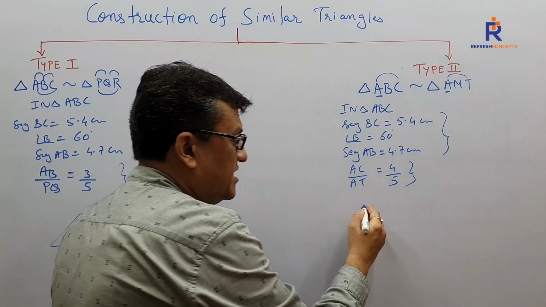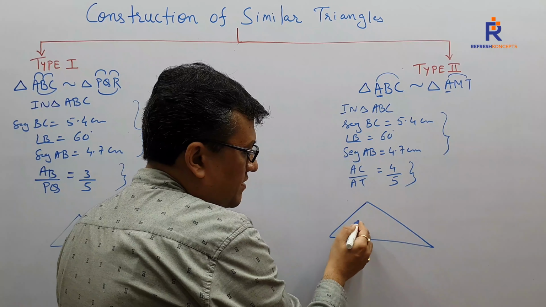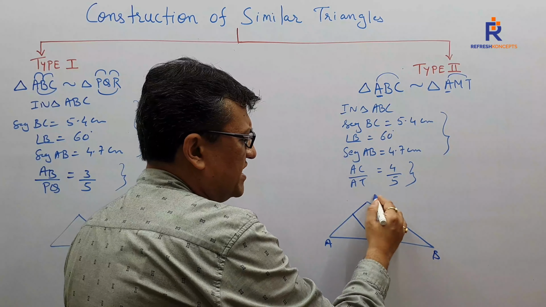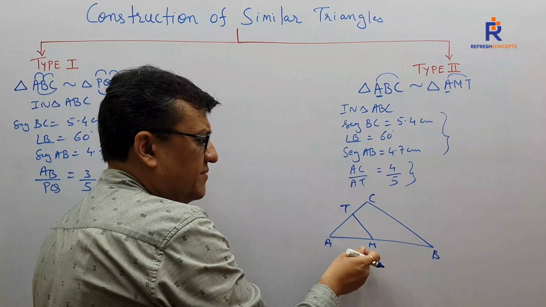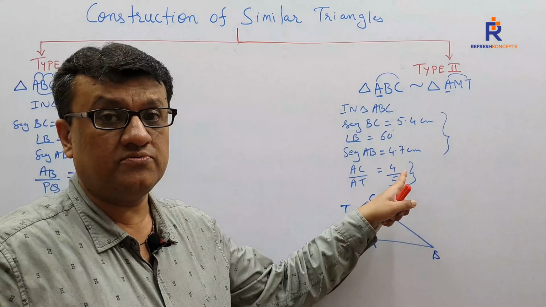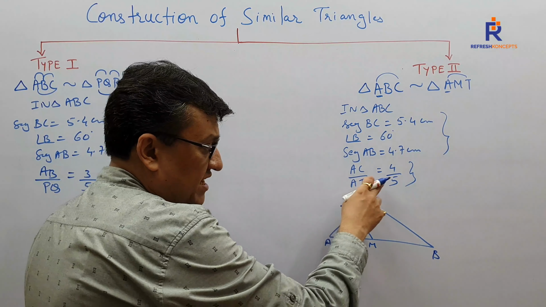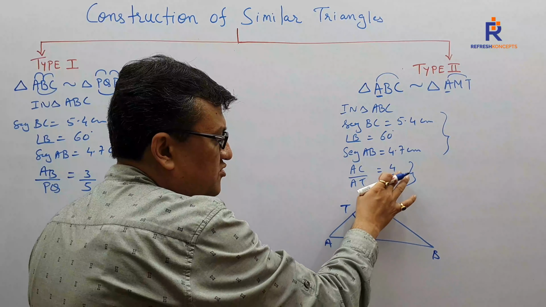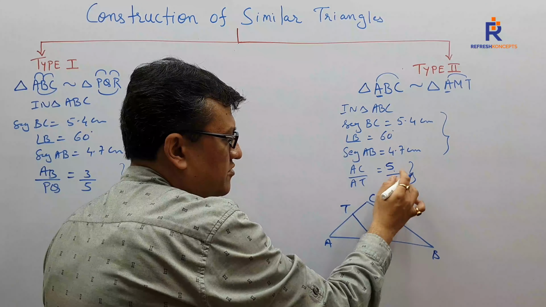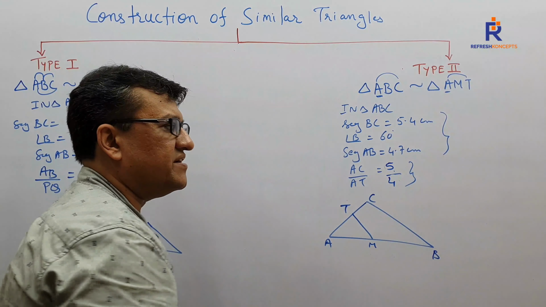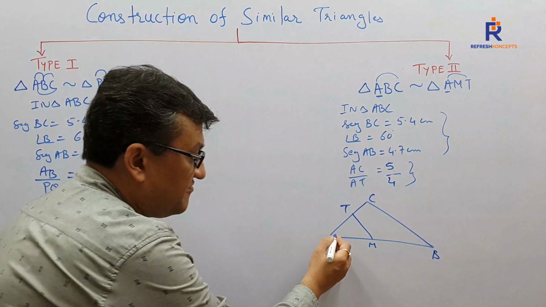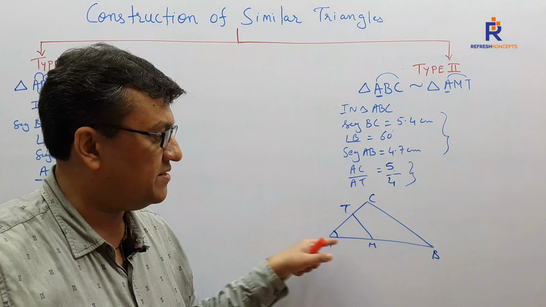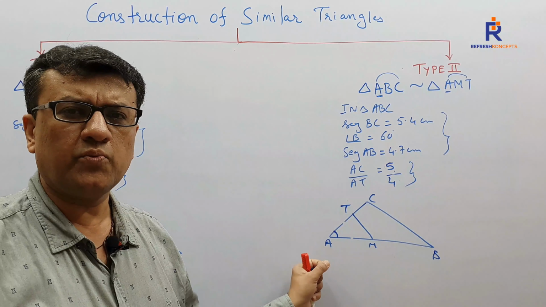And how will the triangle look? With A common. Maybe I could go wrong if I say ABC outside, then ADE inside, or vice versa, ABC inside, ADE outside. That depends upon the ratio. Over here, the moment I have given 4 and 5, I know that my ADE will be outside. So let me say this is 5 and this is 4. So now my figure will be correct. But I will have a smaller triangle within a bigger triangle with a common angle A. Always I will have this kind of figure.